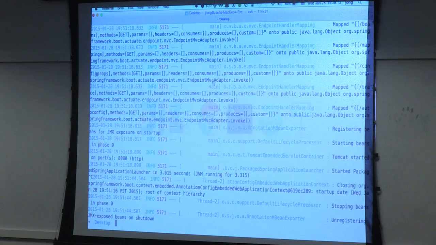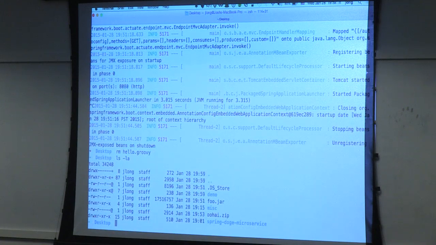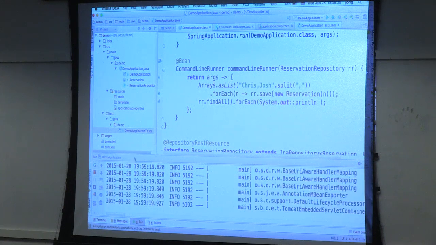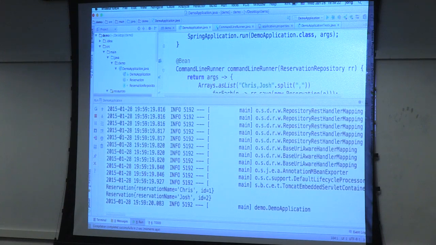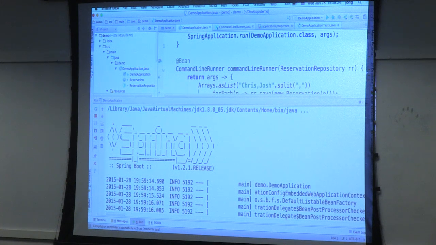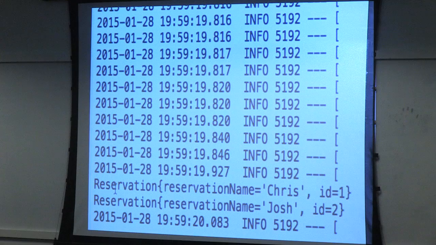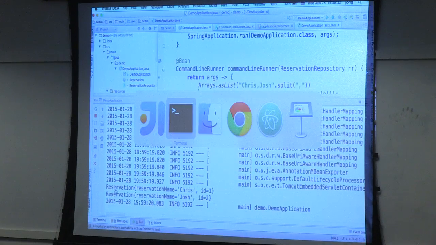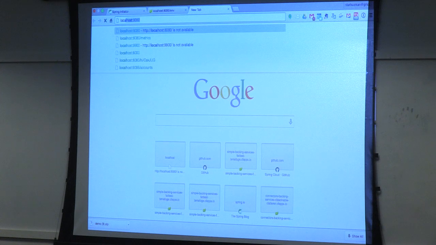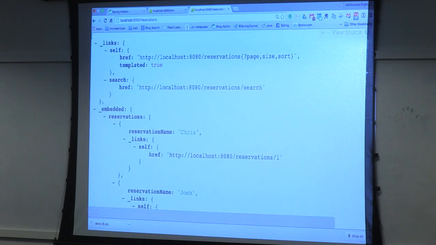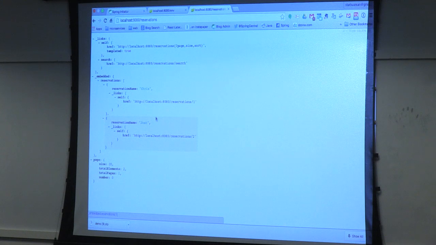I'm going to run. Assuming I've killed the Groovy one. Yep, that's good. rm hello.groovy. OK. So that is up and running. Now, again, good ASCII artwork, solid appearance, solid approach, good code. There's a unit test for the ASCII artwork. The data itself is here. You can see it being printed out in the console. I've used Spring Data REST, so I can go here. I can say reservations, and I get hypermedia-based representations of all the data.